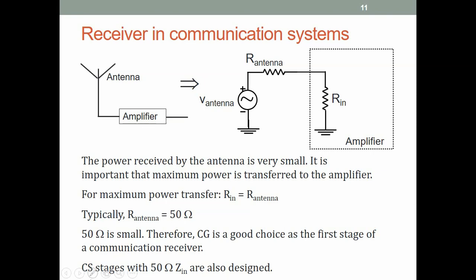At the same time, I make a note that at RF frequencies, one also uses common source amplifiers, and designs a circuit in front of the common source gate with inductors and capacitors which give an equivalent input impedance of 50 ohms, which will be a frequency dependent impedance, but for communication applications the frequency band is very narrow, and so common source stages are also widely used in communication receivers.